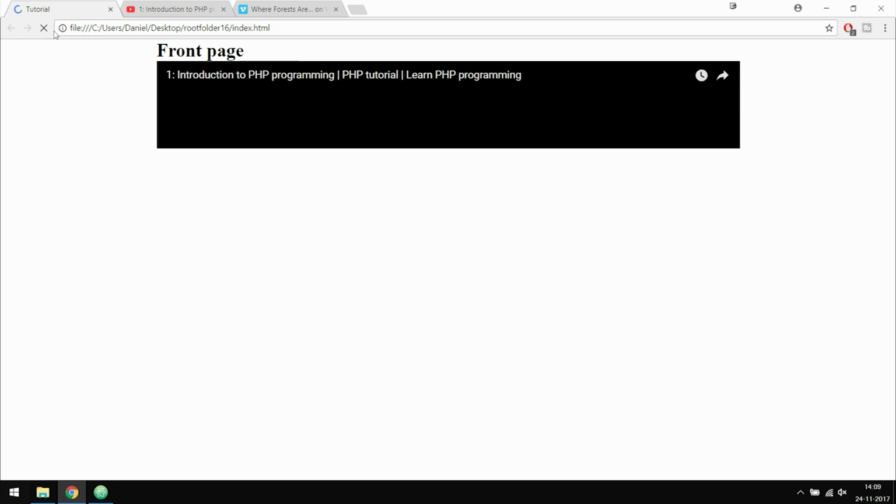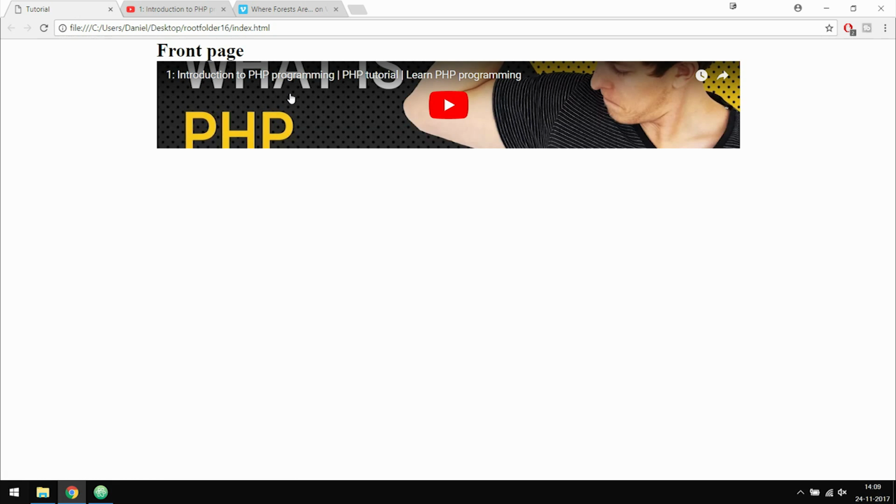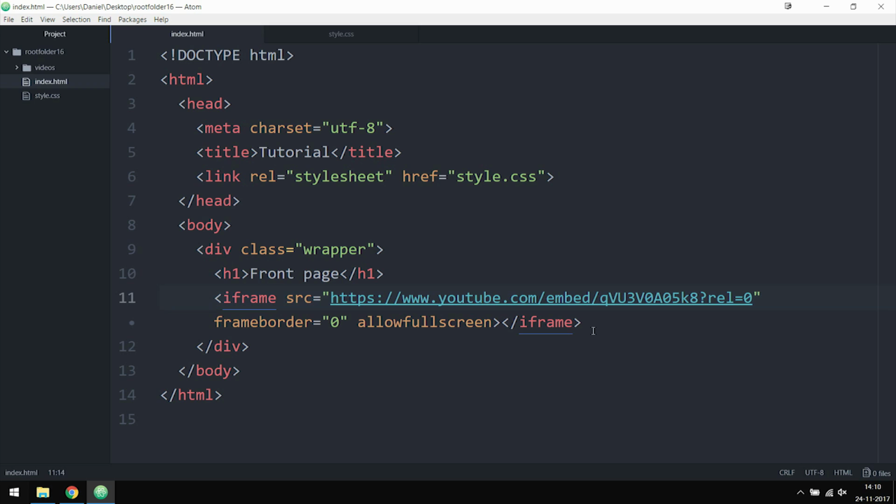Refresh the browser, you guys can see that we do get 100% width, but the height for some reason cuts it off. So we're going to have to do a small trick in order to actually get the video to be the width and height that we want it to be inside the browser. So in order to give a video a 100% width, we're going to do a small trick inside the index